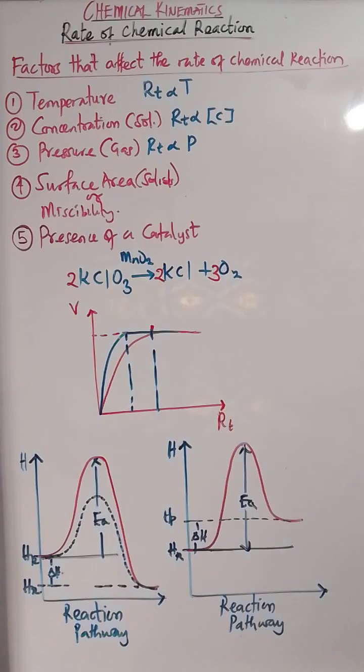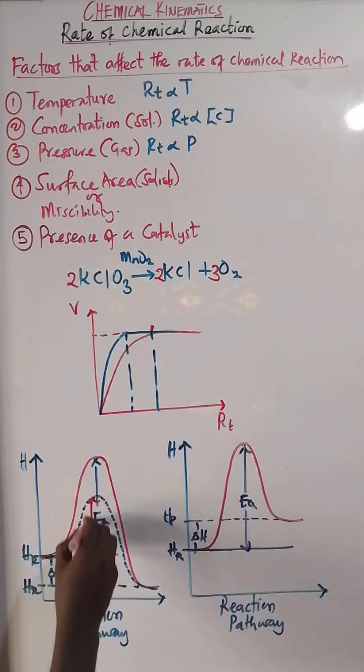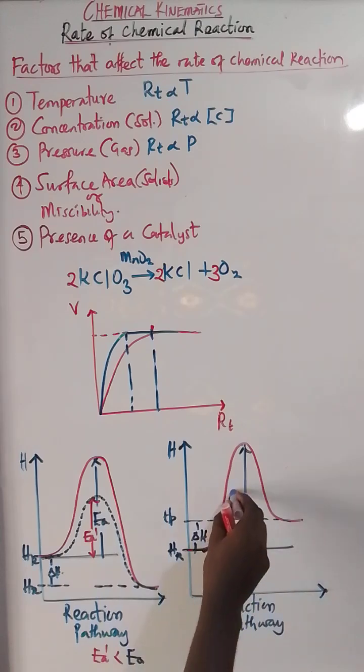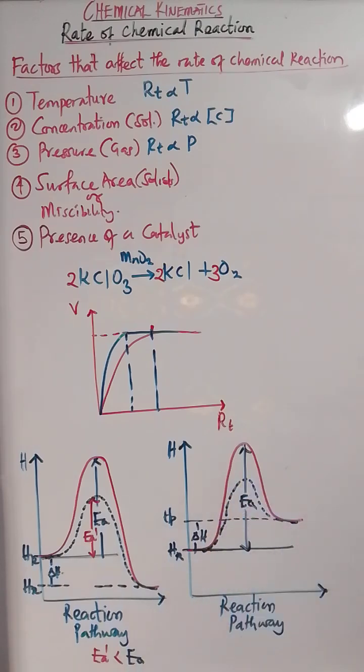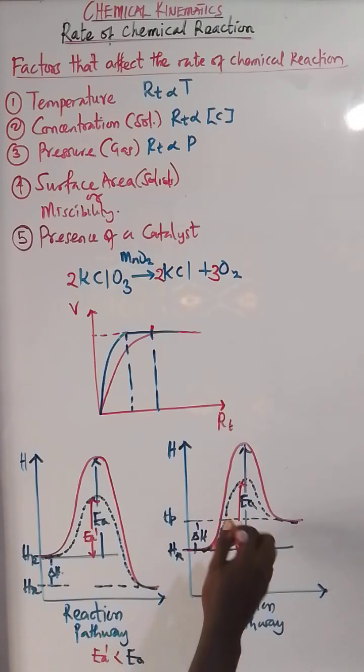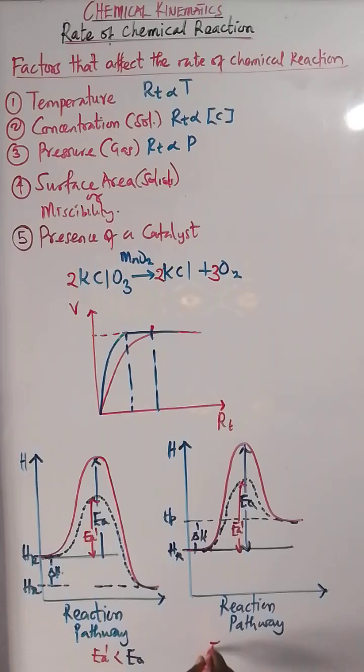So this is the new activation energy. So what happens? The new activation energy is lower than the initial activation energy. Same thing goes for these two. A new reaction pathway just to lower the activation energy. So this is the new activation energy, which is less. So catalyst